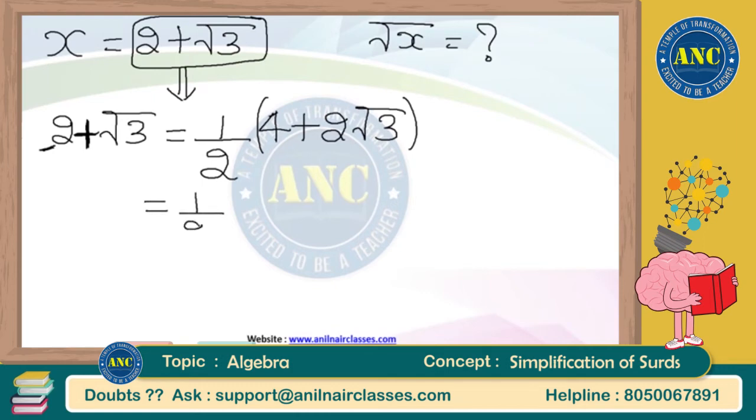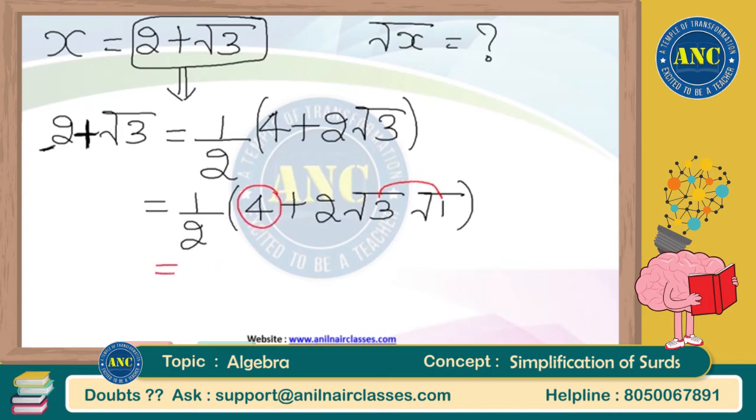Now this is nothing but half into 4 plus 2 into a value is root 3, but b value we don't have anything. I can write it as root 1, because root 3 into root 1 is root 3 itself. Now if you observe carefully, I can directly write this as root 3 root 1 is available. That means, think a little logically right now, sir. This is nothing but 3 plus 1. 3 plus 1 is nothing but 4.